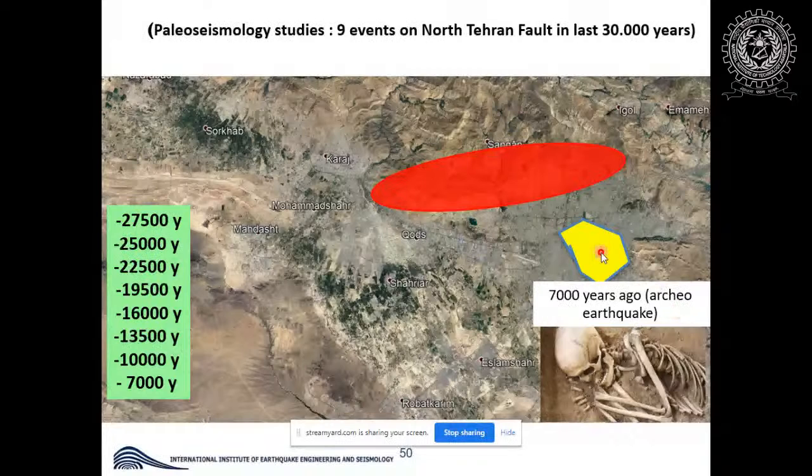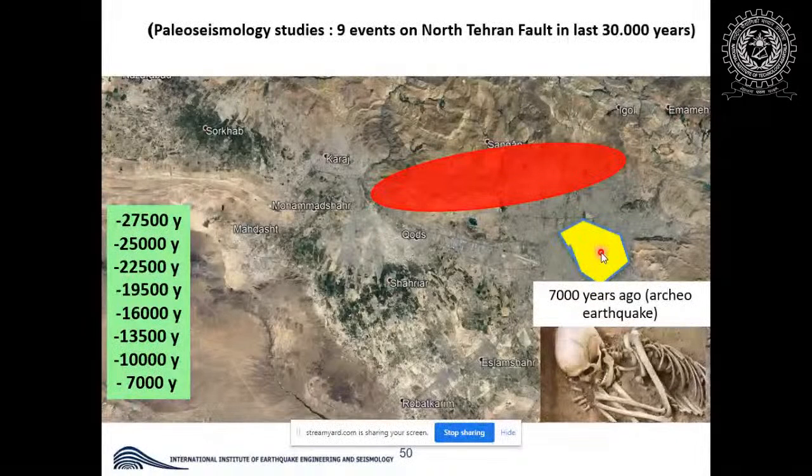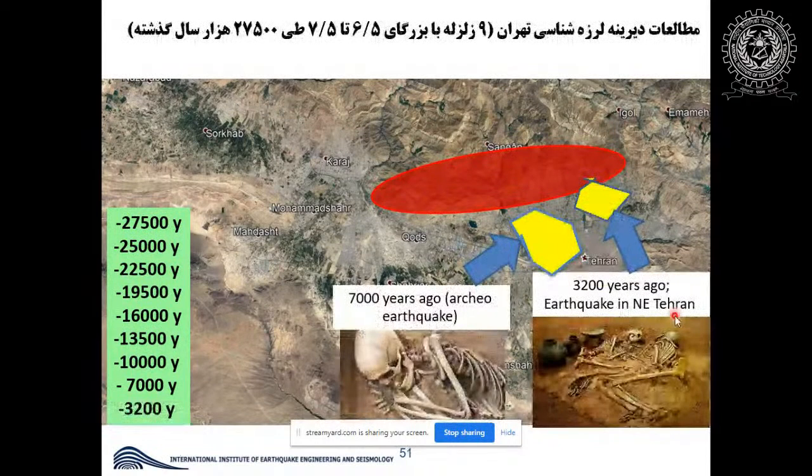which caused the demolition of a human civilization which existed in the region of the capital. It has been certified by recent archaeologic investigations in central Tehran region. I mean, the real last major earthquake was 3,200 years ago in the northeast of Tehran, which demolished another